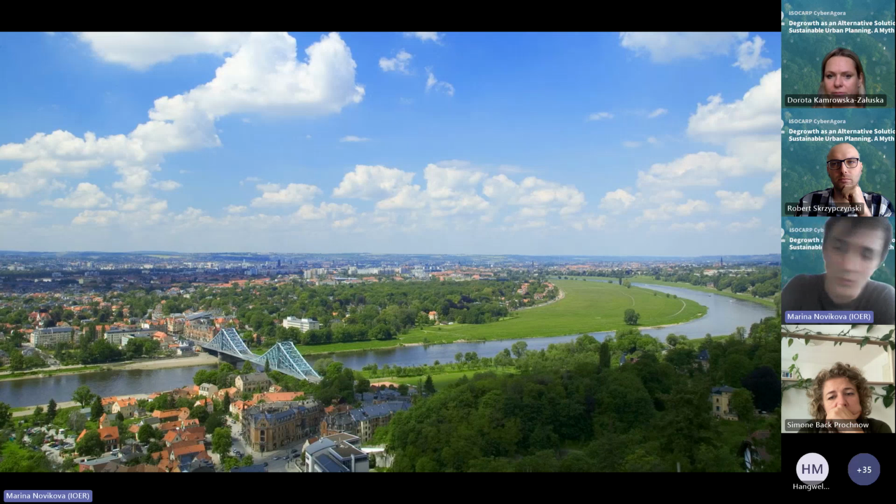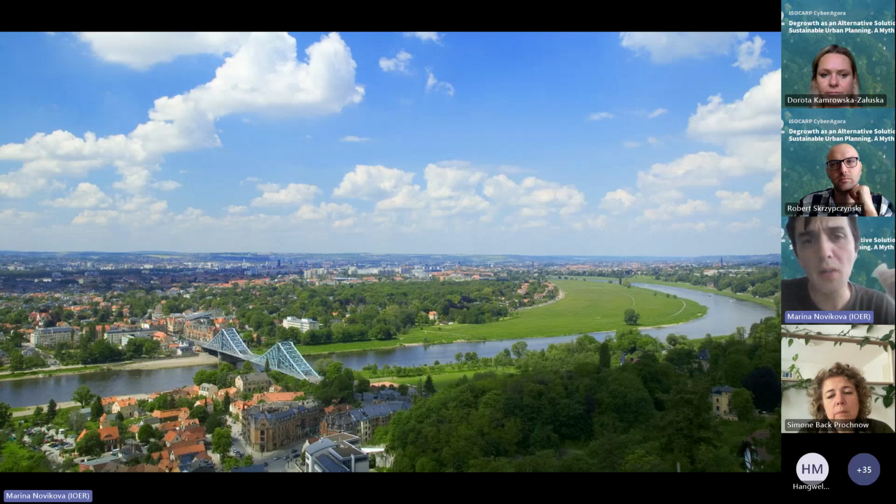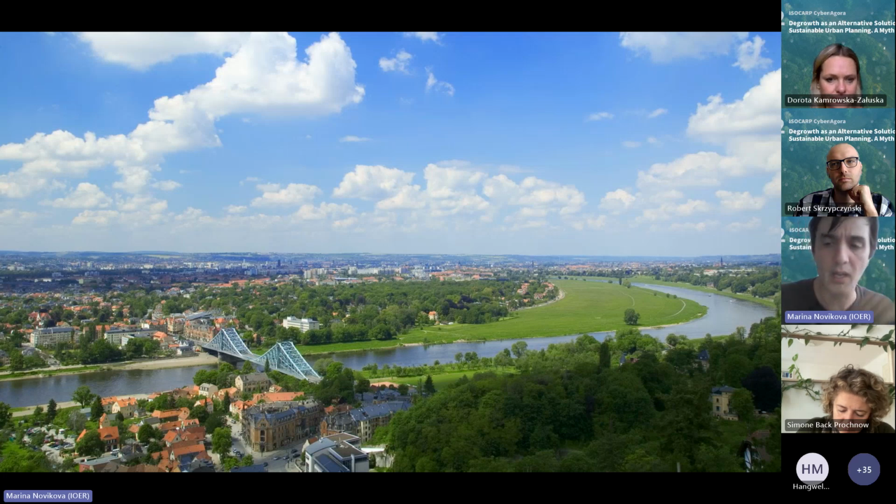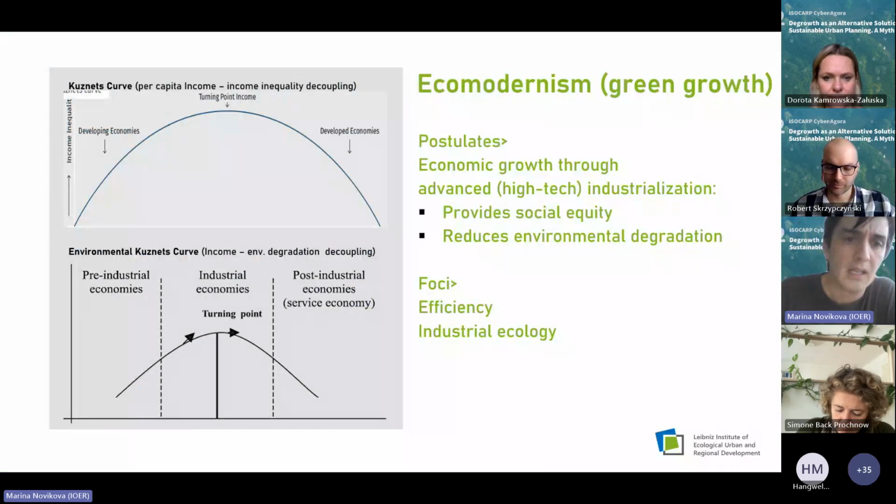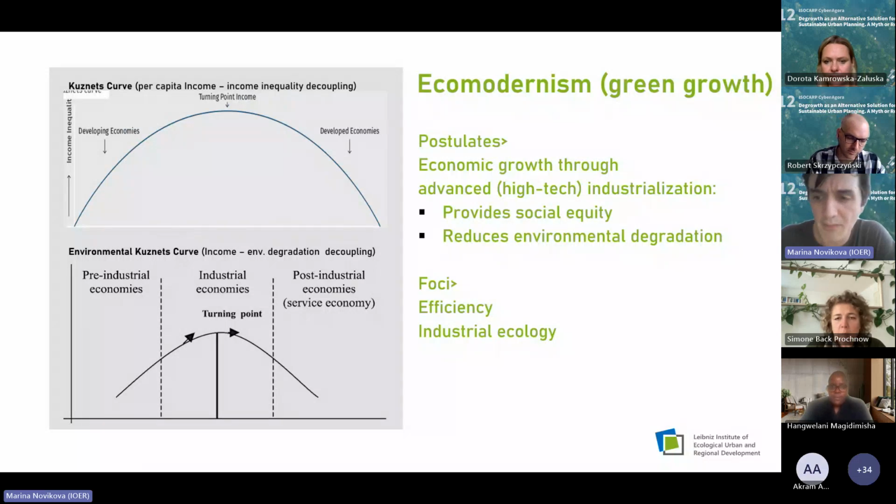This is an image of Dresden, my city, which is a beautiful one in the east part of Germany. And the issue, coming back to the metaphor of the organism, is that when one looks at this image, it doesn't seem that the organism of the city is ill. It looks green, buildings are there, there are old roofs, etc. So one of the hardships that I find has to be overcome is to detail what are the harmful parts of this continued technological acceleration that we have in architecture and urban development. And to say that, I have to